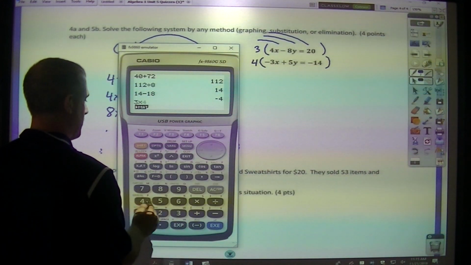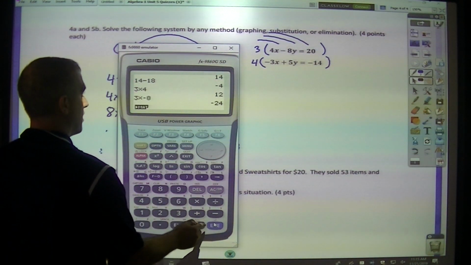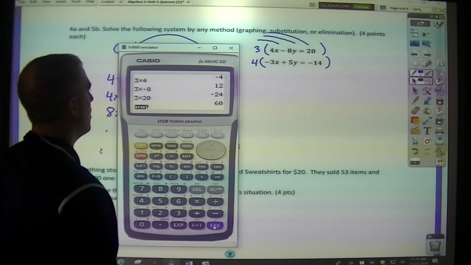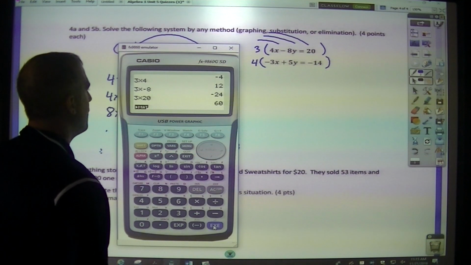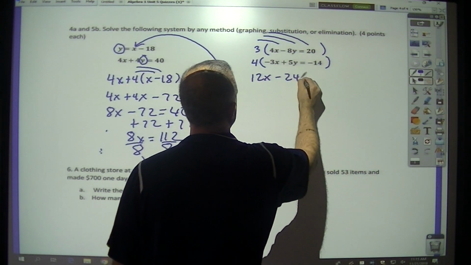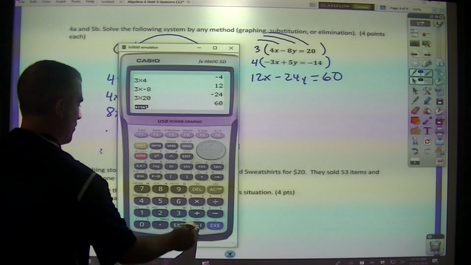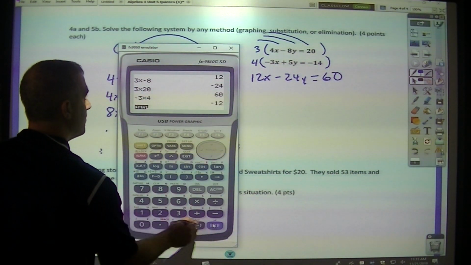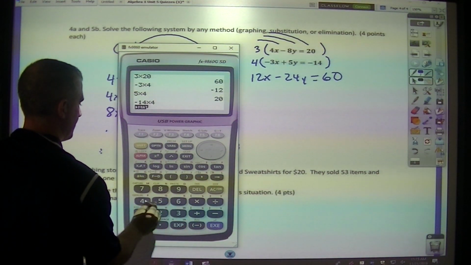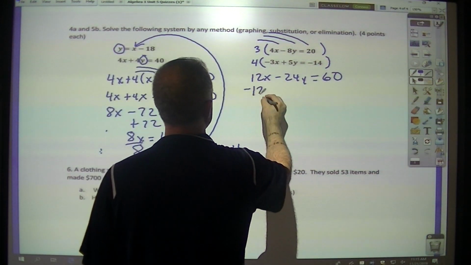So 3 times 4, 3 times negative 8, 3 times 20. So I got 12x minus 24y equals 60. I multiply all of those by 4. Negative 3 times 4, 5 times 4, negative 14 times 4. And what I got is negative 12x, positive 20y,